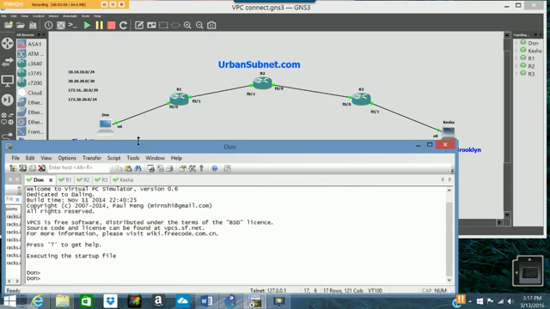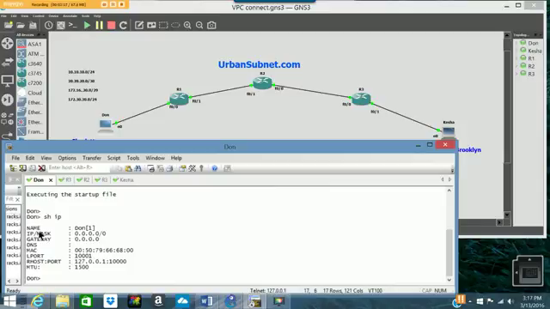So on PC Don, the first thing we're going to do is do show IP. And we see there's no IP addresses whatsoever. So we can't ping anyone or reach anyone at this point. So we're going to put IP 10.10.10.2 /24. The gateway is going to be 10.10.10.1. And we're going to